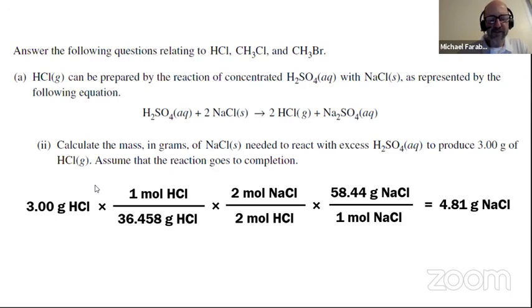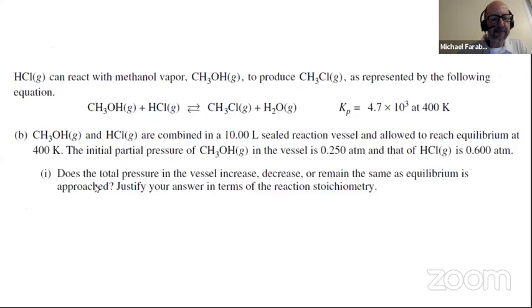Okay, let's move on to part B. We have a different chemical reaction. HCl can react with methanol vapor, CH3OH, to produce CH3Cl. And they give you a balanced equation with a value of K, 4.7 times 10 to the 3 at 400 Kelvin. We have a sealed reaction vessel,